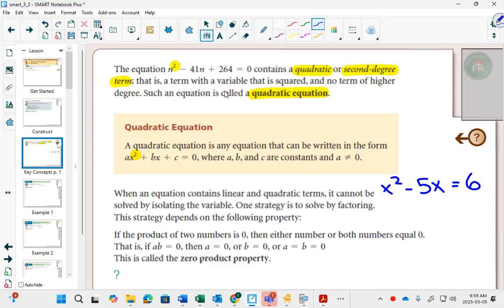Yes? 6 works. Is that the only number that works? Probably not. -1 also works. And it becomes a little bit more of a challenge. And if I gave you a lot bigger numbers, you would be like, oh, that doesn't look like much fun